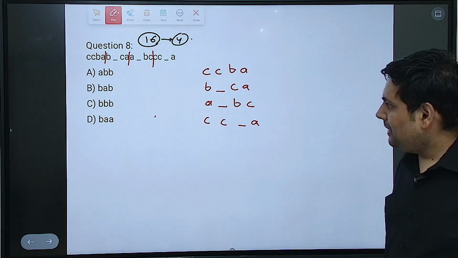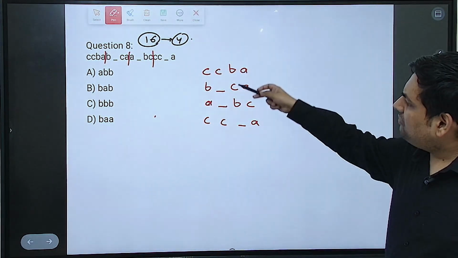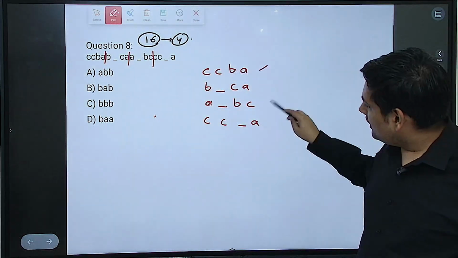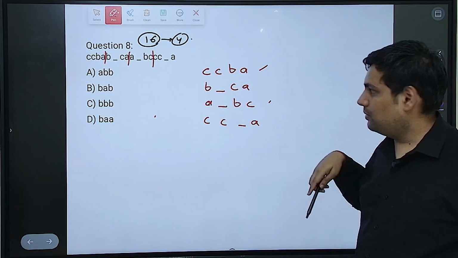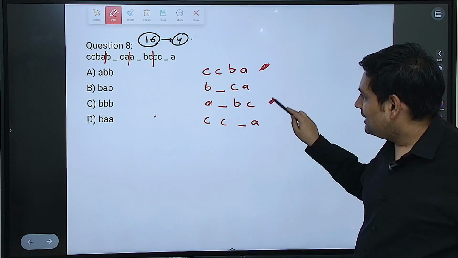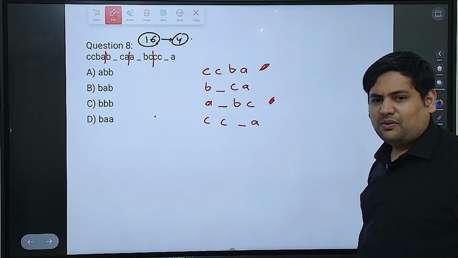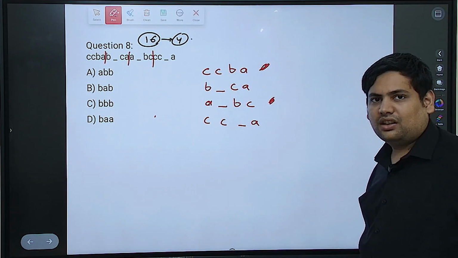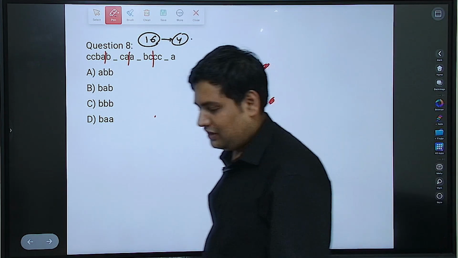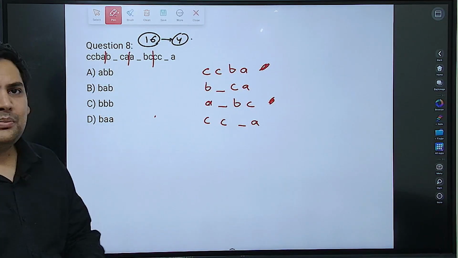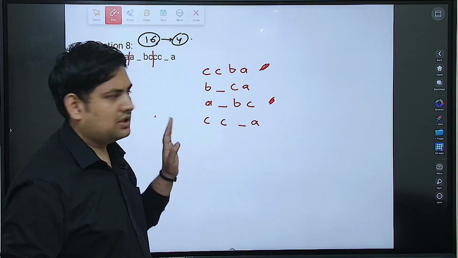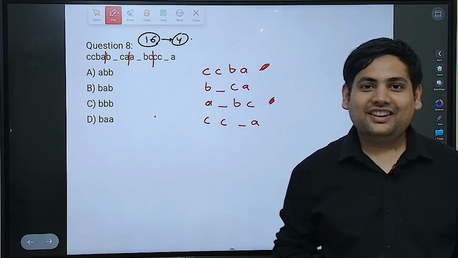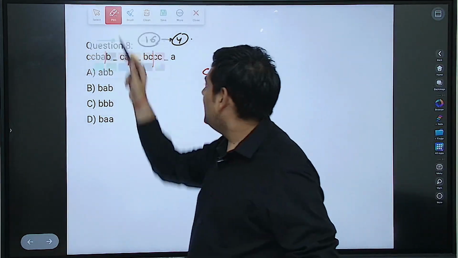Now, can I make them exactly the same? No. Here I have B, here I have C. Not possible. Can I make alternative of them same, this and this, let's say C and A? This is also not possible. Can I make them made up of same letters? That also does not seem very logical here. Correct? Now, what are you left with? Making them made up of same letters arranged in a different way is also not possible. What do you do here? What was the last thing that we had written before leaving the question? The last approach that we had was,